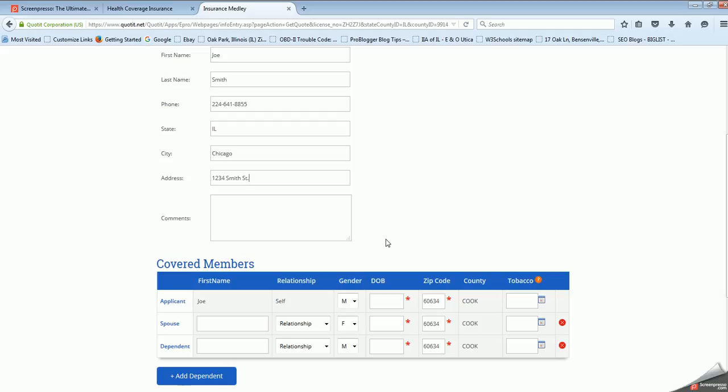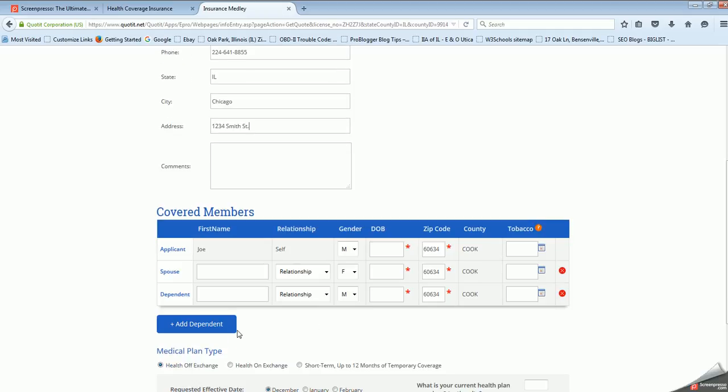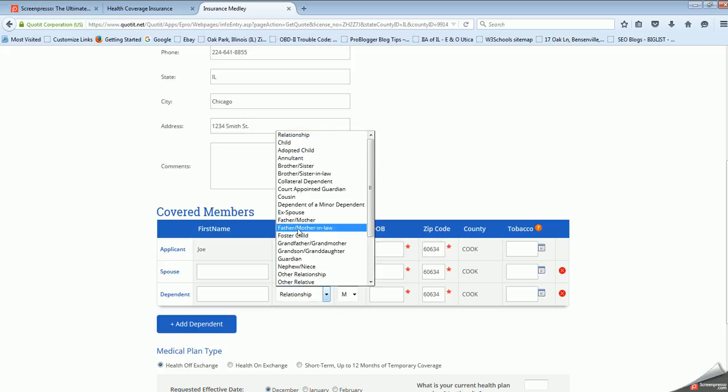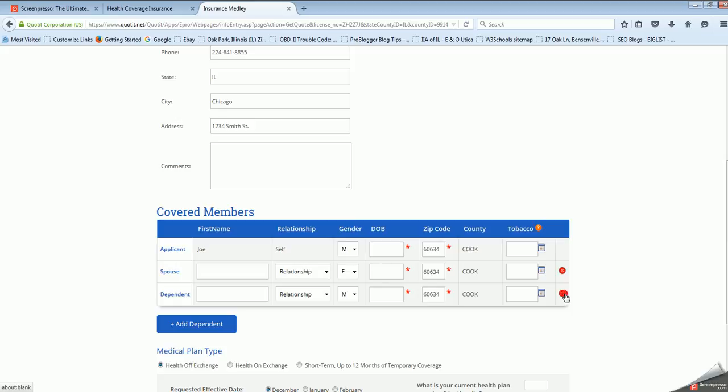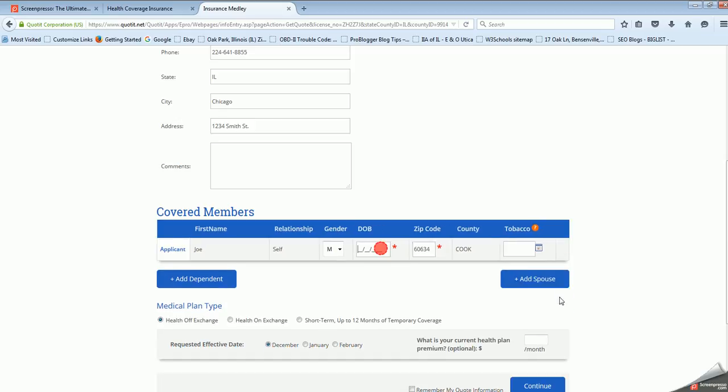Now, as you scroll down through the screen, you can add dependents or remove them via the X's. You can add one for your spouse and for each of your children. You have a little drop-down menu that will actually tell you what kind of options you have. For example, for your spouse, you can pick these options. For your children or relatives, you can pick these. Now, since we're just quoting Joe today, we'll just type in his birthday. We're going to quote a 45-year-old non-smoking male.